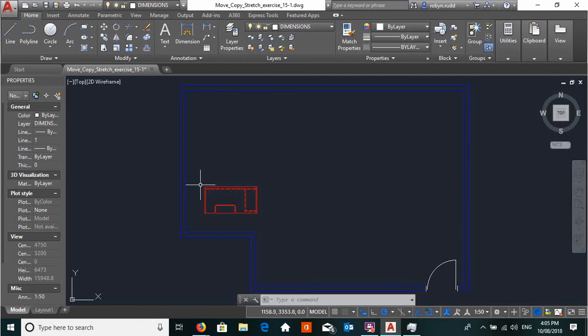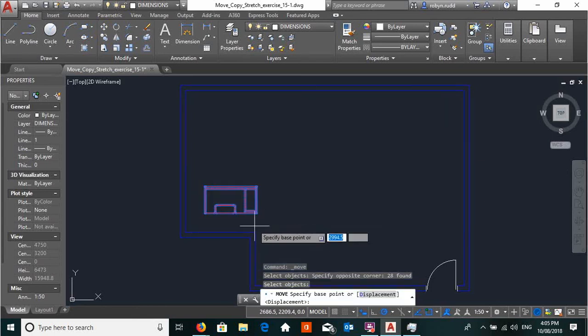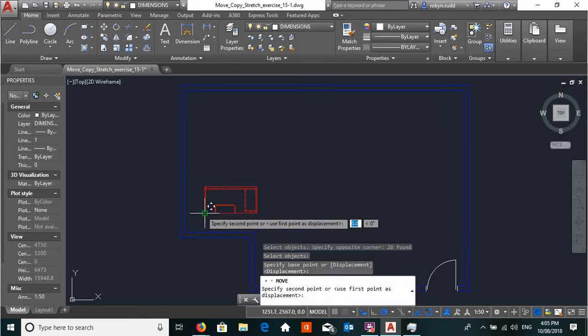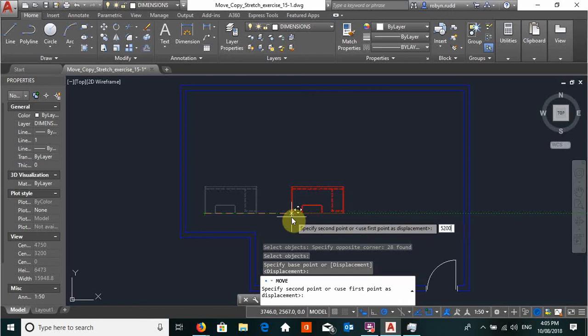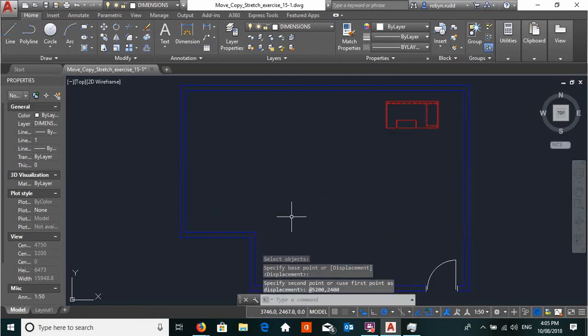So that is going to move this object again, enter, base point, and we're going to type in positive 5,200 comma 2,400 in a positive y direction, enter. So there we go, it's up there now,